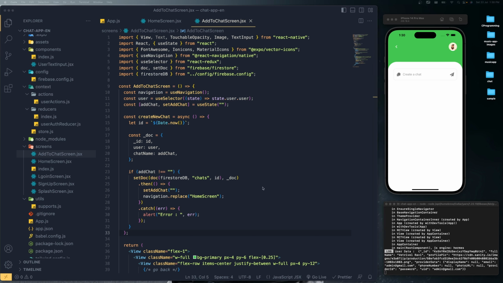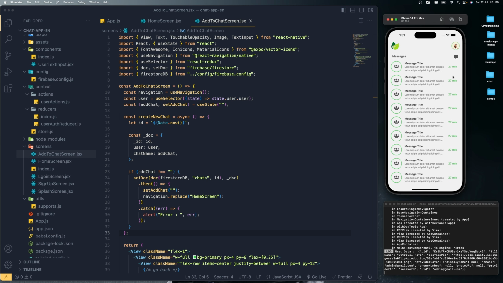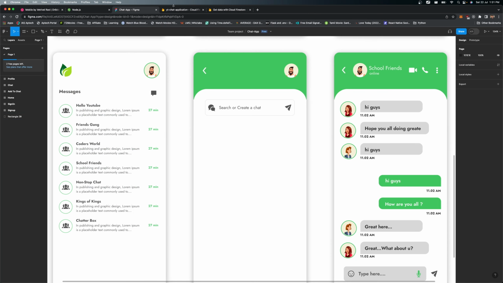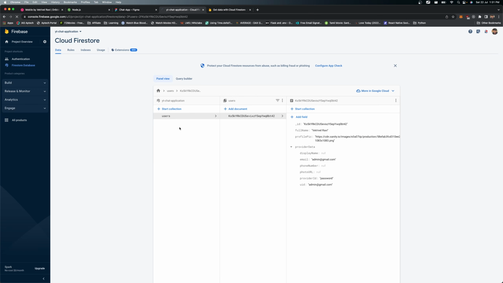So let's check whether everything is working fine or not. So if I create this, let's say, wow, YouTube chat room or something. All right, so now if I hit the send option, that should navigate the user to the home screen because it's created successfully. And if I go and check our Cloud Firestore, refresh it,